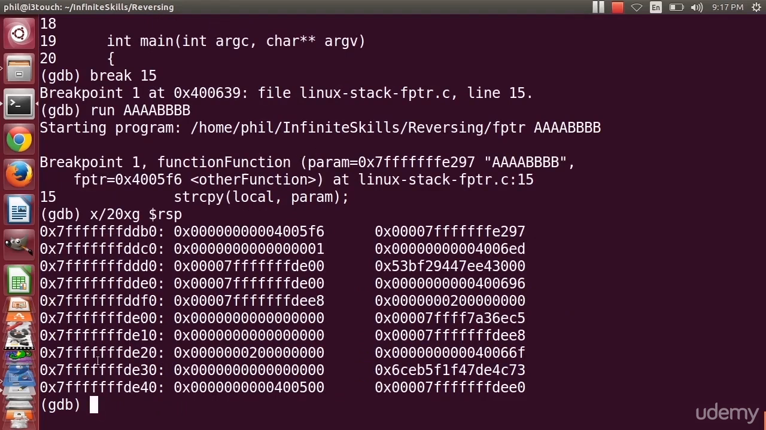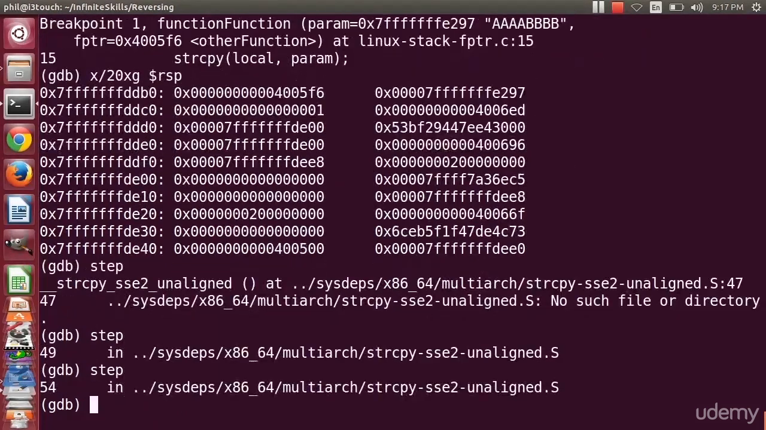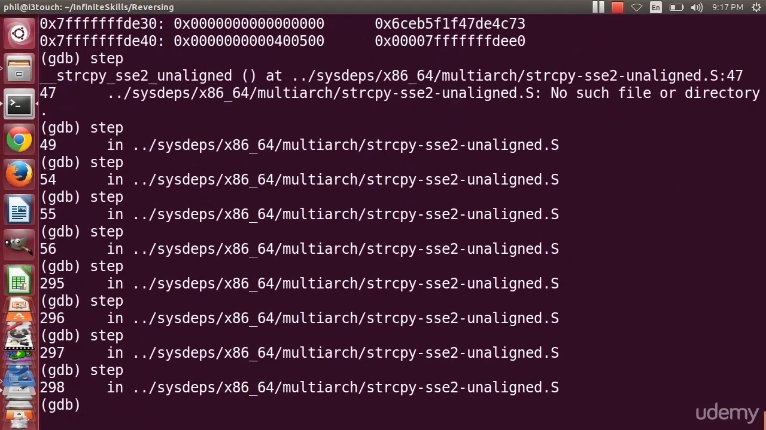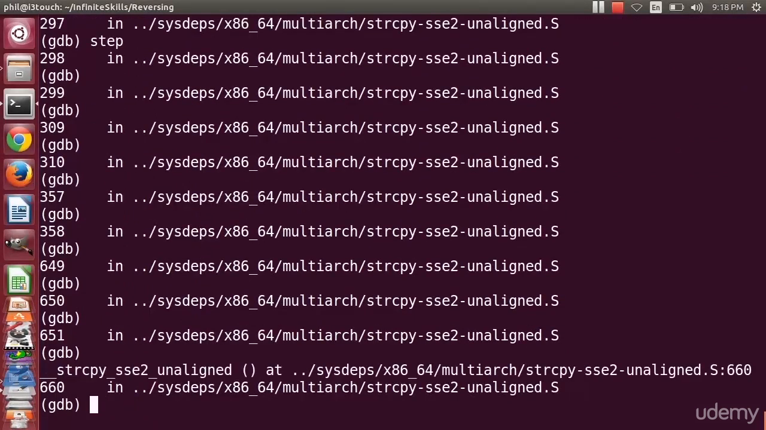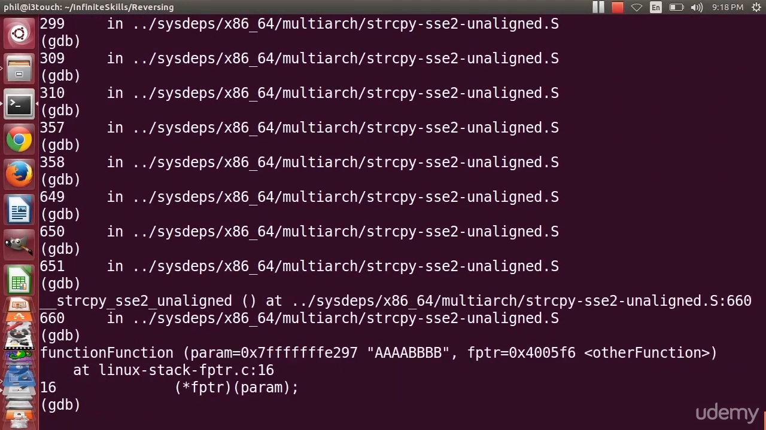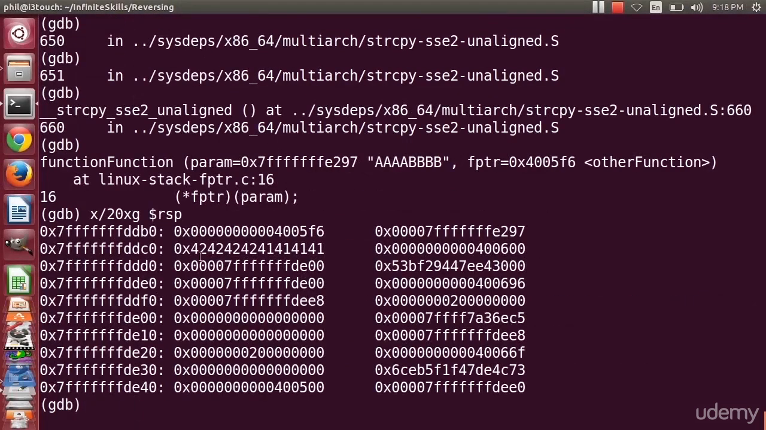So I'm going to go ahead and step, and notice my strcpy. And now I'm out of it. I can examine my stack once again. And now I see my parameter. Well, what else do I see? I see some addresses. What I want to do if I was going to try to chase down a possible vulnerability,